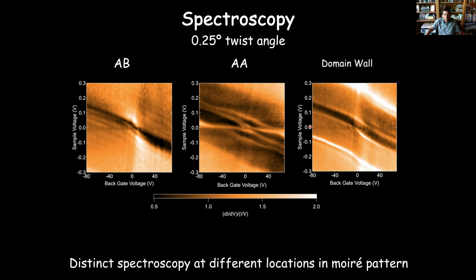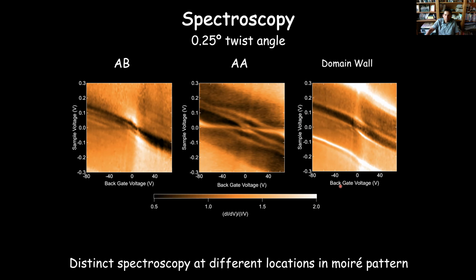The AA region has all kinds of states running through it. It's a rather complicated pattern. I'll come back to this in the next section of the talk. But if we look on the domain wall, you see there's some states here at higher energy, but there's no band gap that's opening in the domain wall. There's a little bit here that's darker, but it stays relatively constant as I apply the backgate voltage or apply